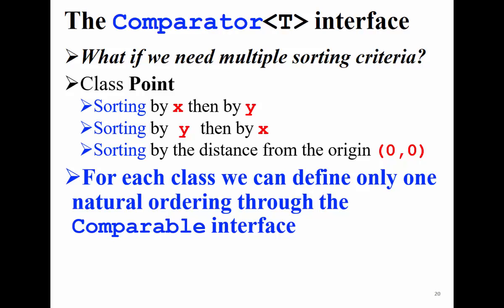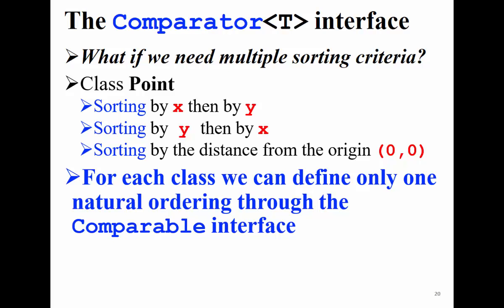Imagine that I have to sort the points based on the distance from the origin. That means I have to go back to the previous slide, delete whatever I wrote, and write another compareTo implementation. So my York 2D point now will be sorted based on distance to the origin. Java will say, you don't need to do that. We have created another interface for you. It's the Comparator